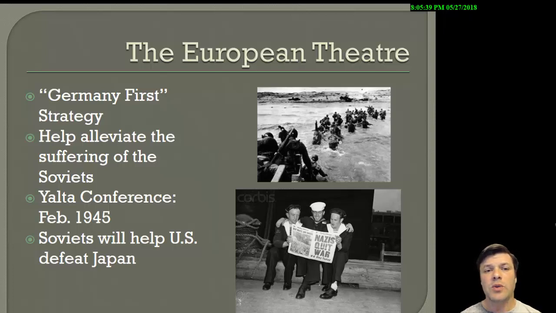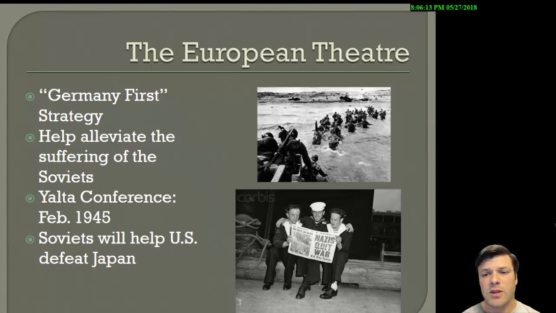We are going to settle on what ultimately comes to be known as a Germany first strategy. We know that it was the Japanese that had launched the United States into the war. It wasn't Germany. Germany declared war on us in the aftermath of all of this. We perceived Germany to be the stronger enemy. And it was really the British that got in our ears, so to speak, and said we need to defeat the Germans first and then focus all of our attention on the Japanese.